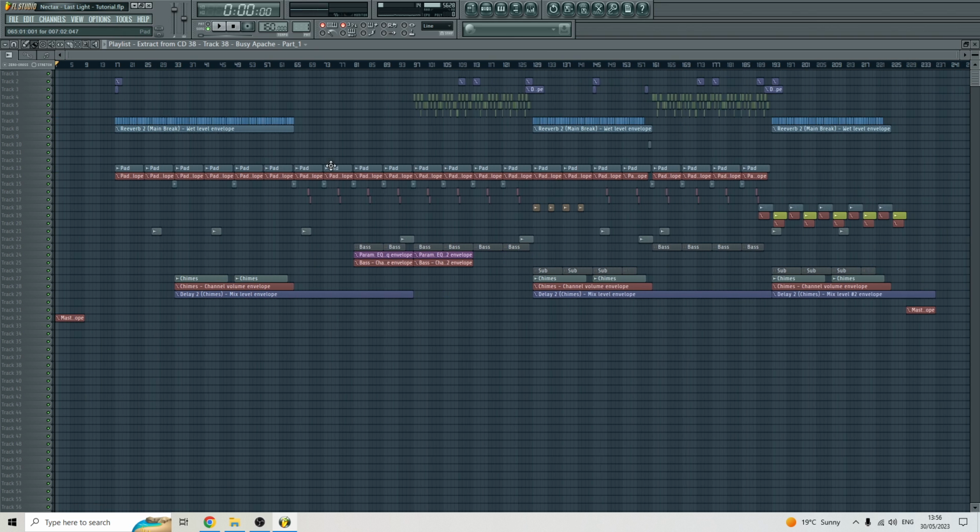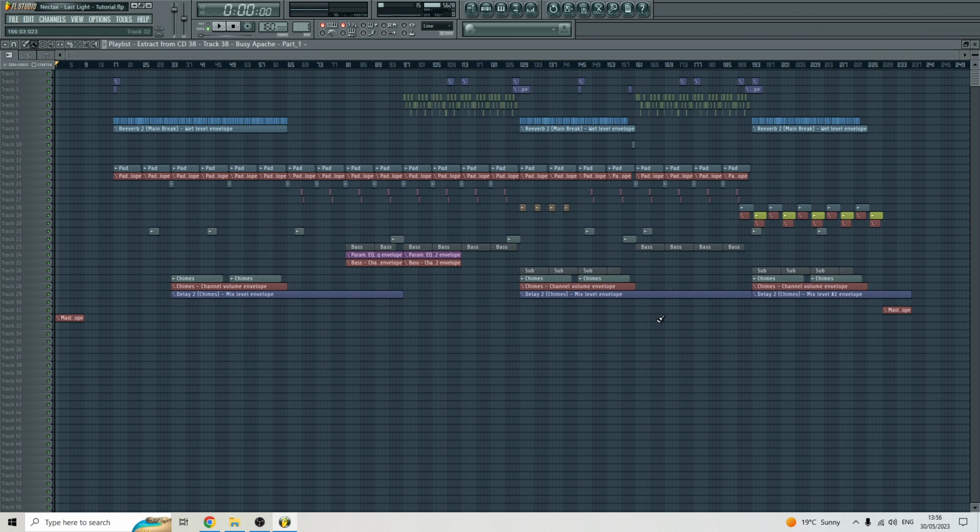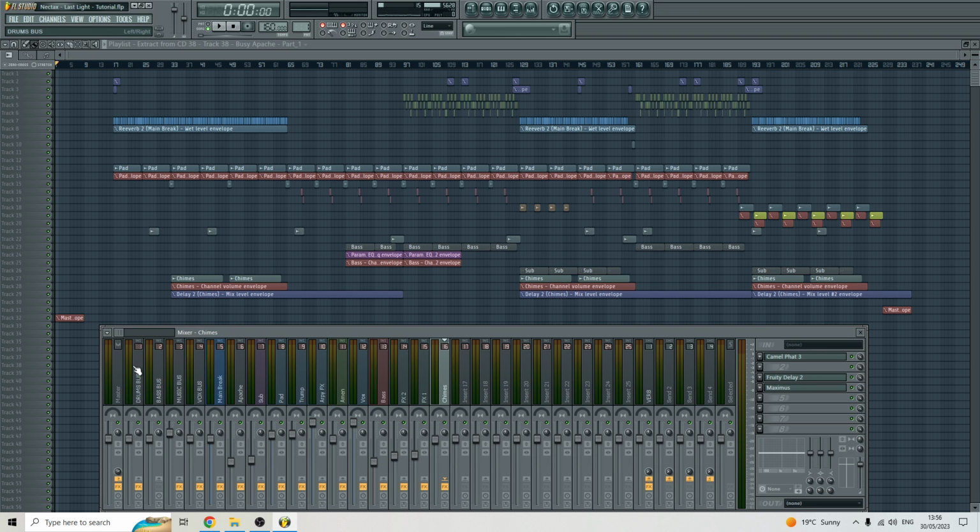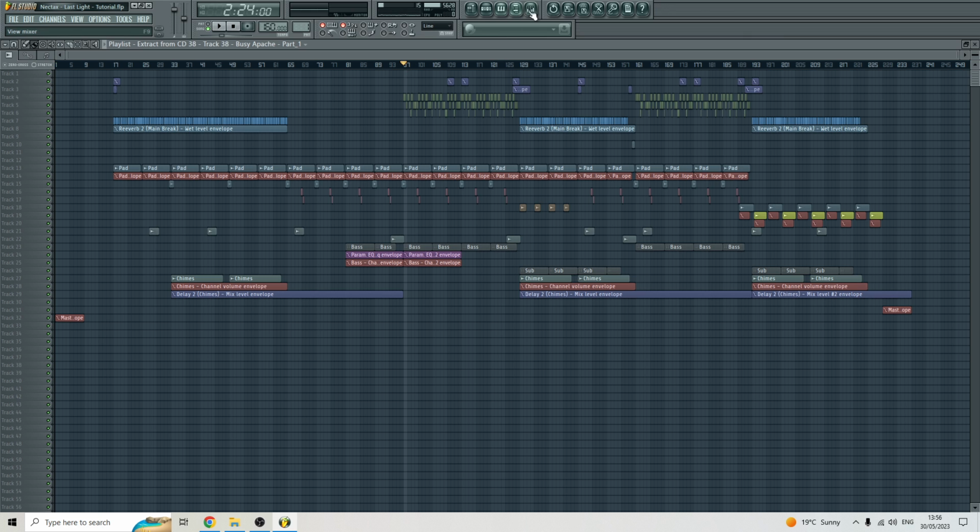Leading neatly into the breakdown. Now, this isn't a particularly complicated tune, but I don't think atmospheric jungle tracks or tracks of any style necessarily need to be. I think if you've got the right sounds together, then that's basically half the battle. And it definitely helps with the mix down as well, and the overall coherence of the song. Like, the mix down on this tune isn't particularly complicated. I think I've just tried to gain stage and keep everything relatively